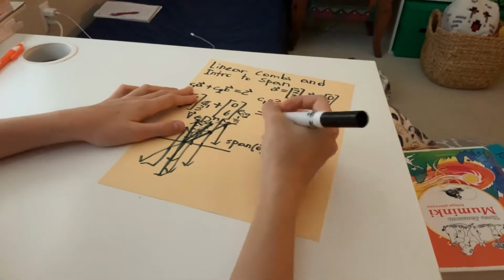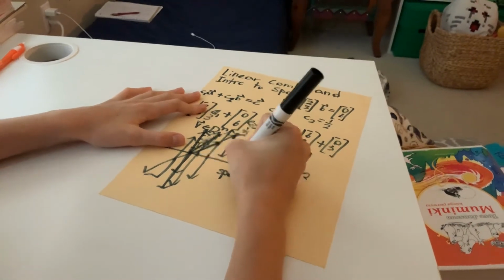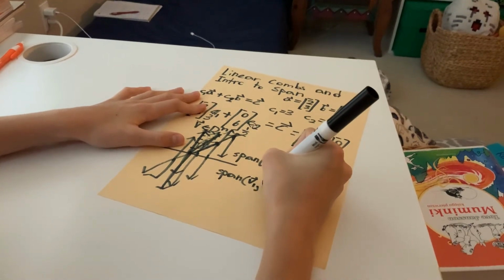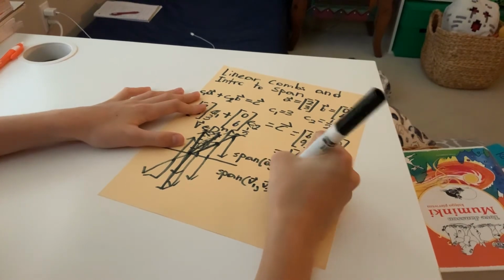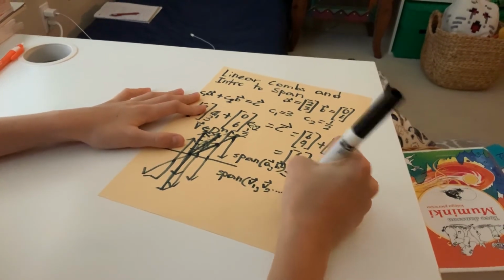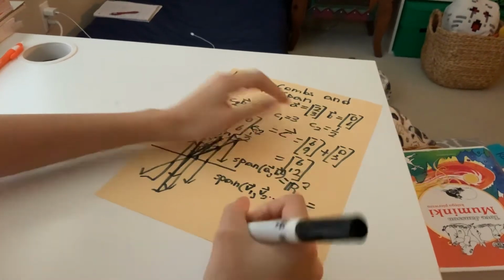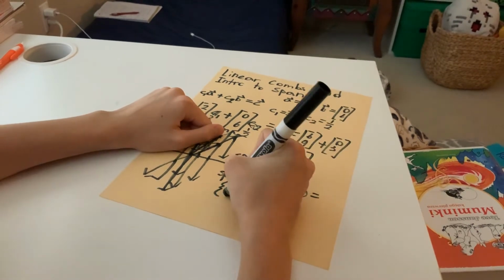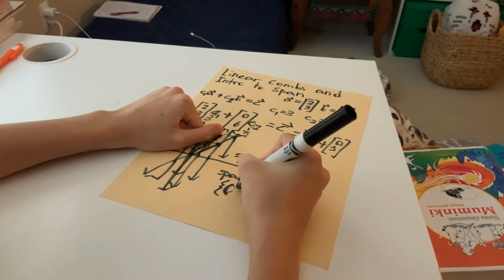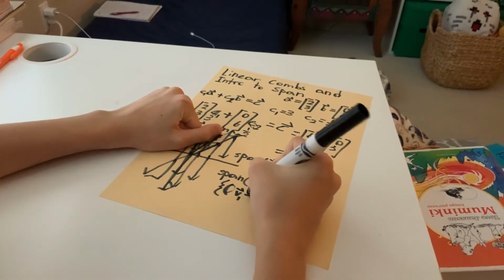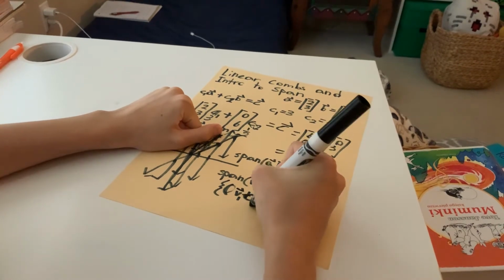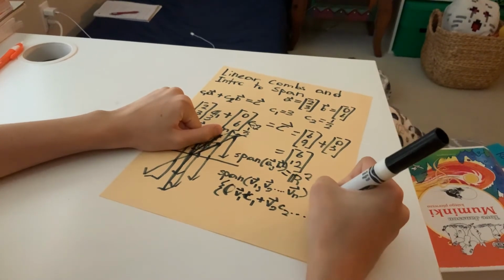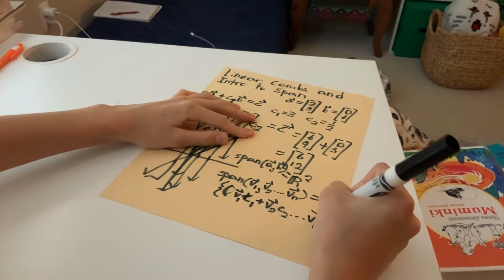And I'm going to formally define span. So the span of some vectors, v1, v2, all the way down to vn, is equal to vector 1 times c1 plus vector 2 times c2, all the way down to vector n times cn,